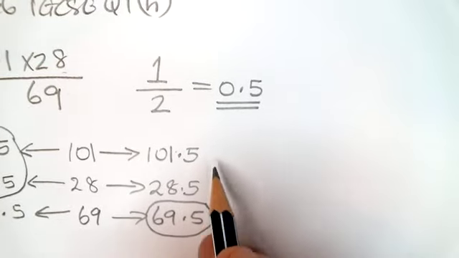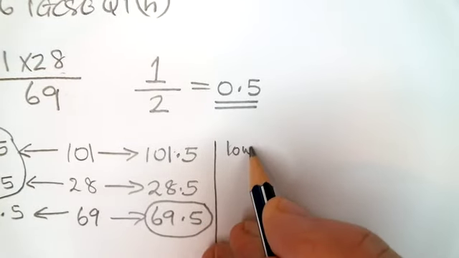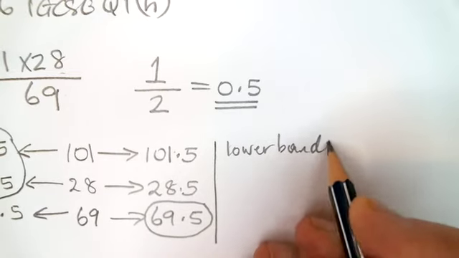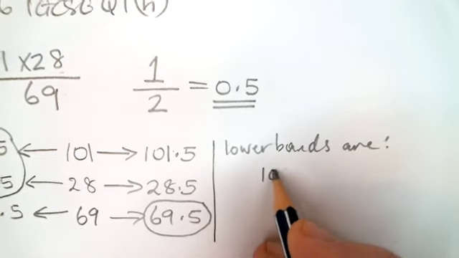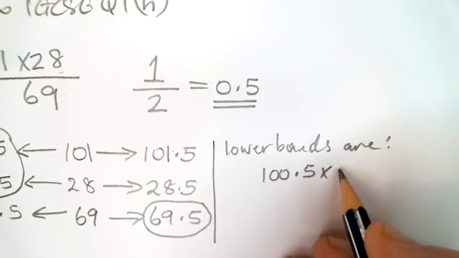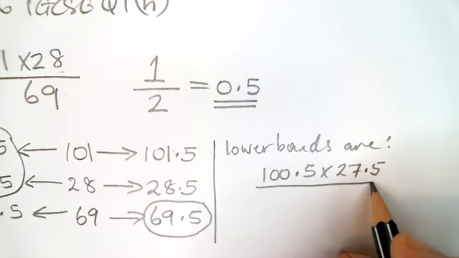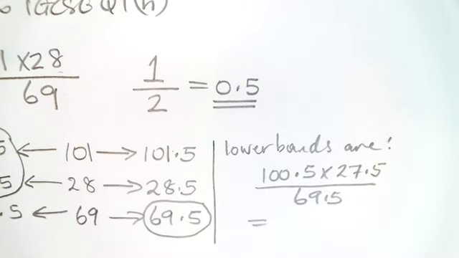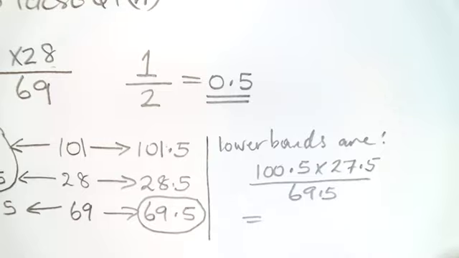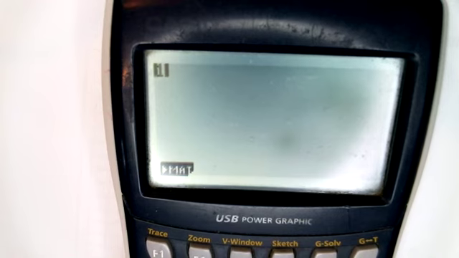First of all, this is going to be our lower bound. We're going to take 100.5 times 27.5, and we're going to divide it by 69.5. So that's going to be our lower bound. Let's see how that plays out. That's going to be 100.5 times 27.5, and we're going to divide that by